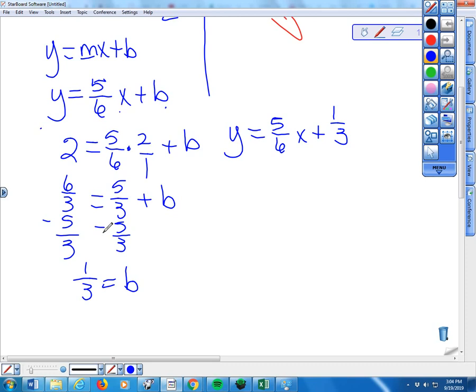Where would it be if I plotted that point on the x and y axis? It would be on the y-axis, right? So that's your y-intercept,